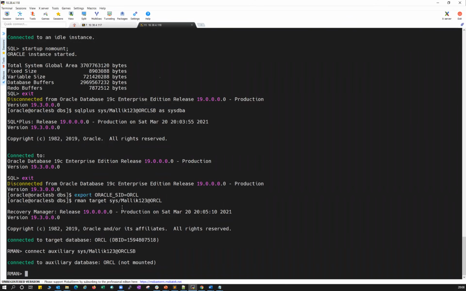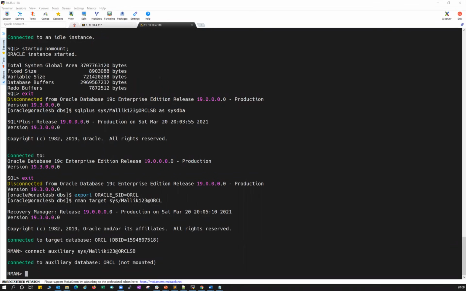So we verified the password file, we verified... Okay, Sadhana is saying that from 19C it is not required to copy the password file. The reason is that the password file is in your ASM disk group. Still, what I feel is that when you are building your standby database, you should copy your password file locally to your standby site, because you will not be directly connecting to your disk group when you are building it.